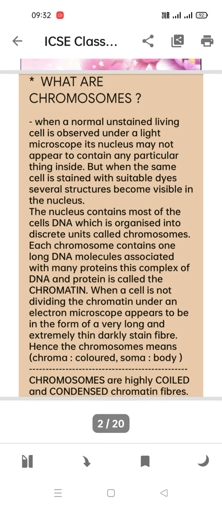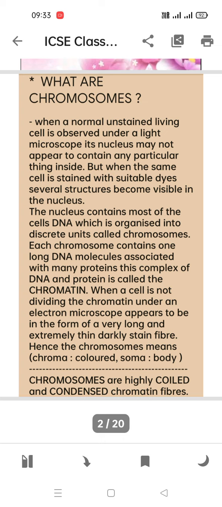When a normal unstained living cell is observed under a light microscope, its nucleus may not appear to contain any particular thing inside. Let me explain it in Hindi, according to your convenience. जब भी हम सेल को देखते हैं माइक्रोस्कोप में, तो उसका न्यूक्लियस हमें नहीं दिखता है। क्यों नहीं दिखता है? क्योंकि उस पर अभी तक कुछ स्टेन नहीं होता है। स्टेन का मीनिंग क्या होता है? कोई डाई या कलर नहीं लगा होता है।